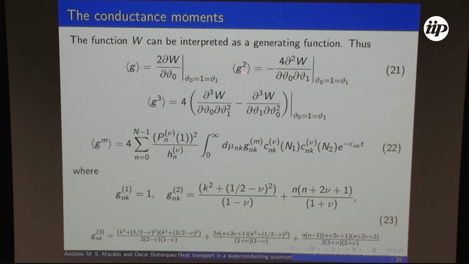The average thermoconductance, the second moment of the thermoconductance, the third moment of thermoconductance can be calculated by simply taking derivatives of these generating functions, and here is the explicit solution. And that's it. That's how far you can go. You can get explicit expressions for the heat transfer from one reservoir to the other through a series of quantum dots connected. Here we took the continuum limit, mind you. So it became actually a quantum wire connected to dots. There is this continuum limit step that we did in the middle.